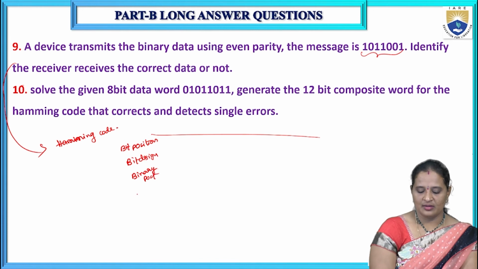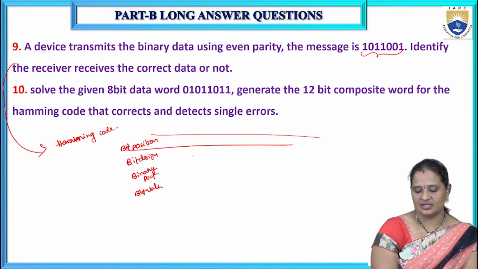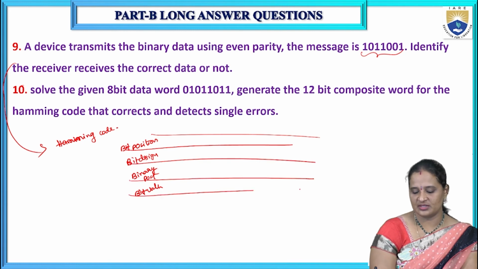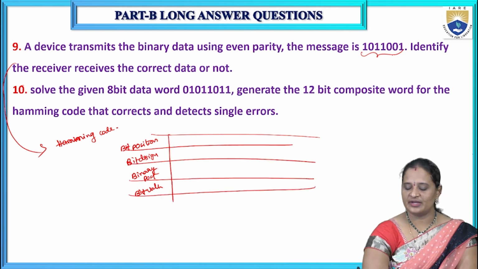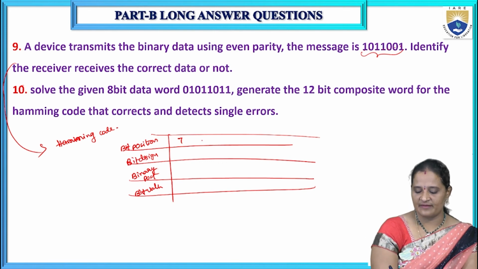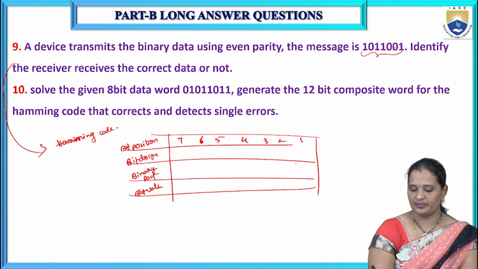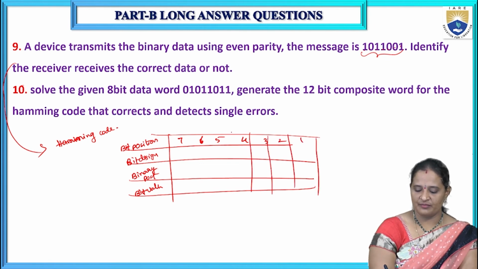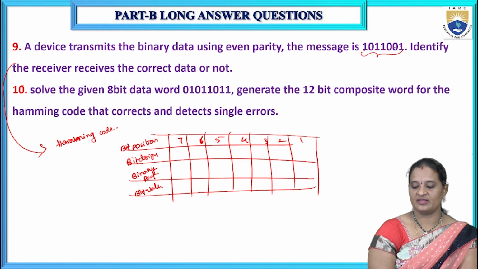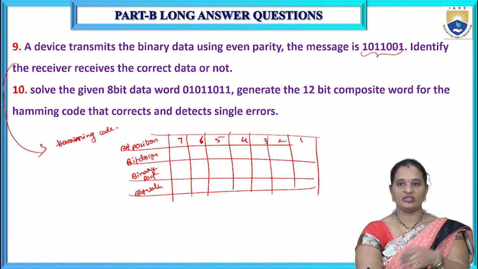And then the bit value. This is a table we need to construct for this. So what is the number of bits given here? 1, 2, 3, 4, 5, 6, 7. So 7, 6, 5, 4, 3, 2, 1. Now again we need to identify the parity positions, as we all know according to the Hamming algorithm,